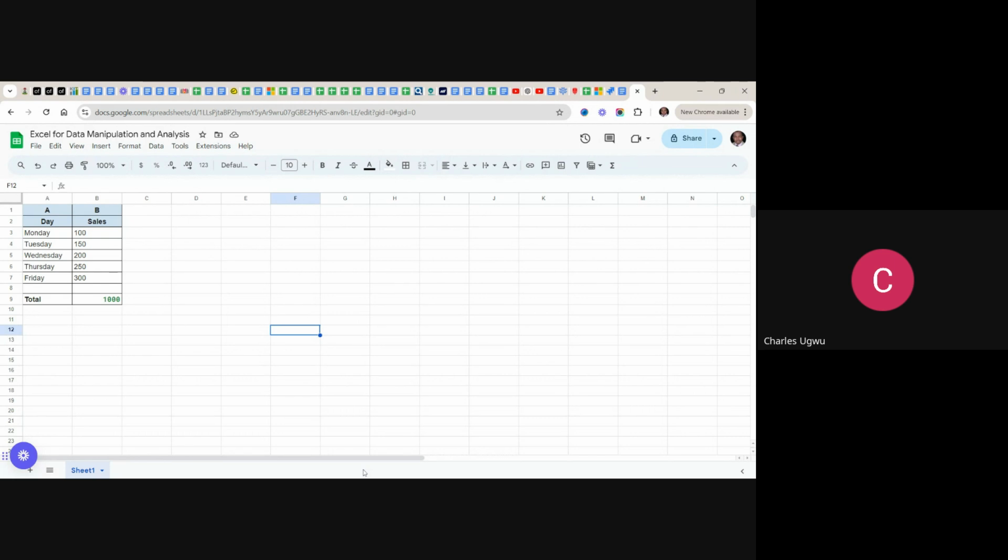Are we together? Is anyone struggling on how to apply this sum function to get a value from a data set? I am good. There's no issue. Yeah, so this is